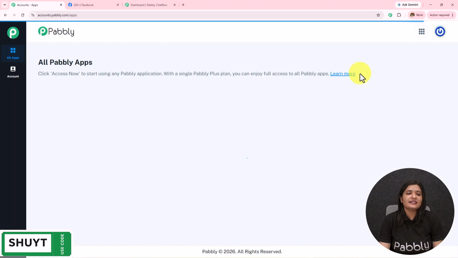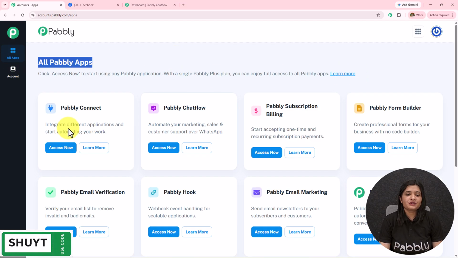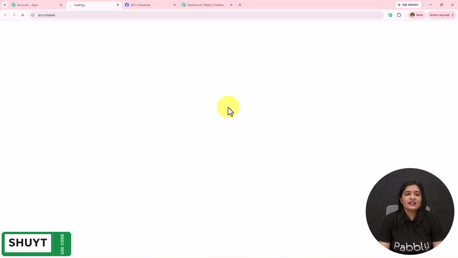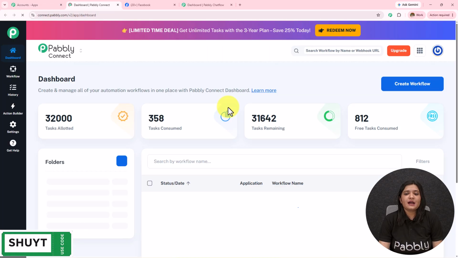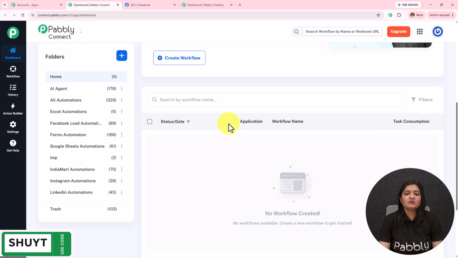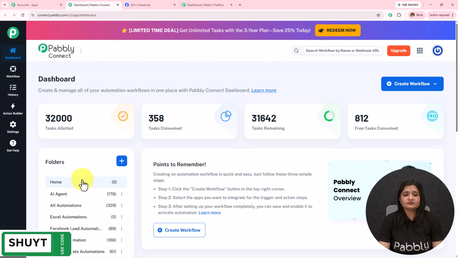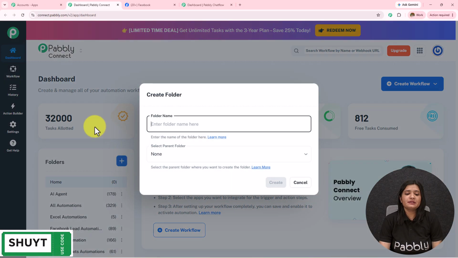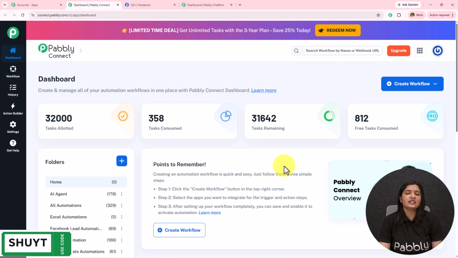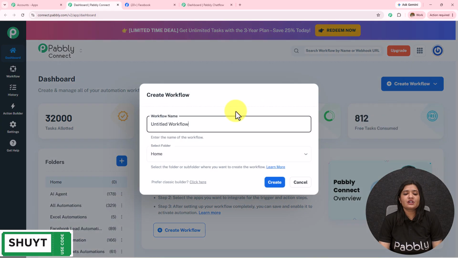I'll click on sign in, and here the all Pabbly apps page has appeared, which is showing me all the Pabbly applications. I'll select this Pabbly Connect access now, and I will land on the app dashboard of Pabbly Connect, where I will be able to find all my workflows over here and all the folders over here. If you wish to create a new folder, simply click on this plus icon, and from here you can create a new folder. For now, I want to create a new workflow, for which I need to click on this